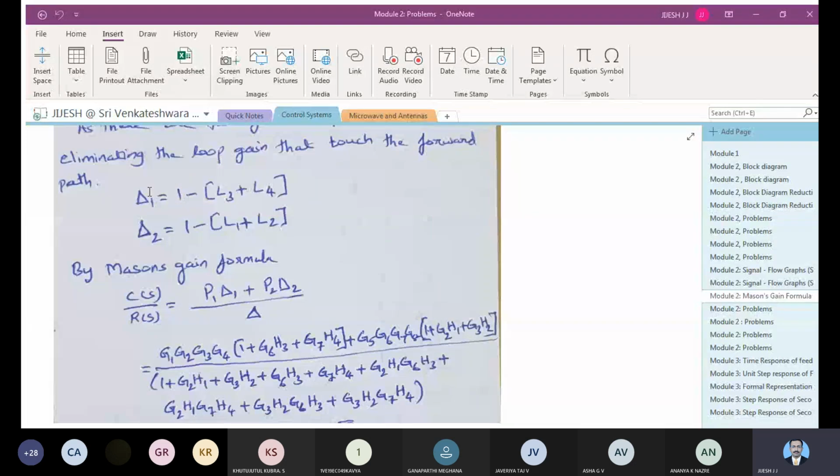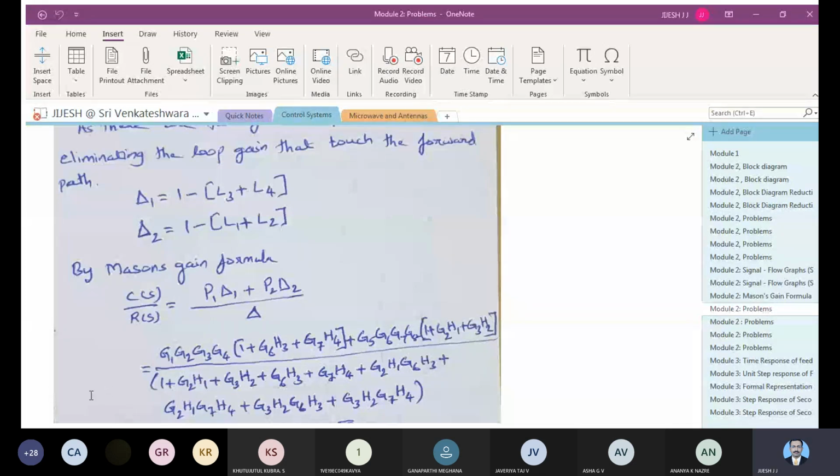Further in that same problem we continued, and we have used delta and all those things. Here there are two combinations, and there are also three loops, and taking three loops at a time, you will have this. After that you have to find the equation for delta, and simplify it for delta I as well, where I is equal to 1, because one forward path is available. You have to do it for that forward path. That's why it is delta 1.